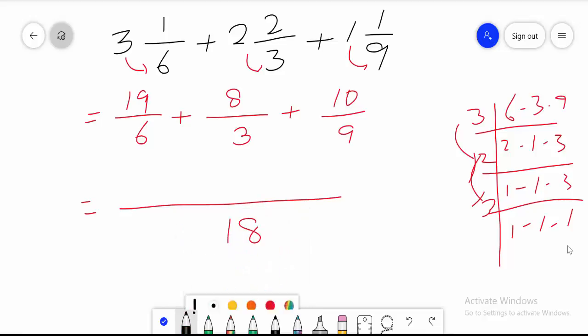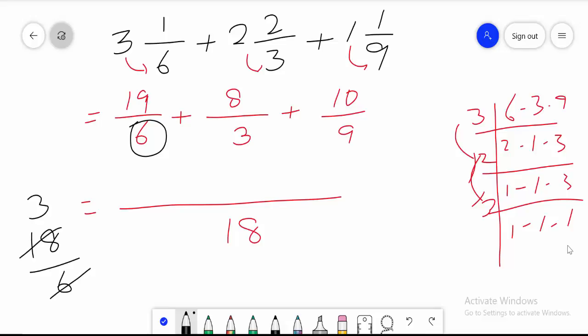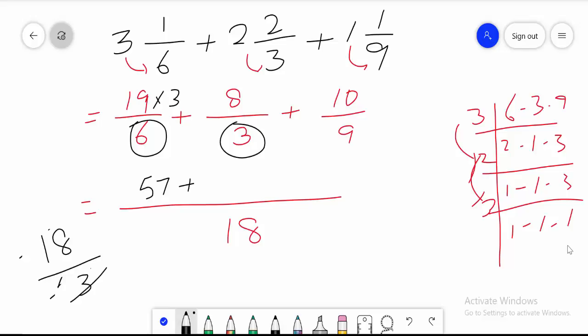Now just concentrate. If you were not clear in the previous question, 18 divided by this 6. 6 threes are 18, multiply with this 3 is 19, 57 plus sign. Now again 18 divided by this 3. 3 6s are 18, multiply 6 over here, 8 6s are 48 plus sign. Again,